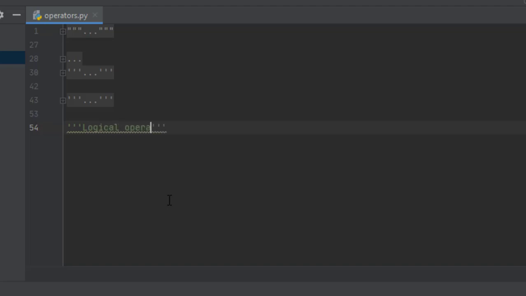Logical operator. So what is a logical operator? What all logics do we have? If A and B are equal, then it is equal. Here AND is an operator. So what is it? AND means if A is true and B is true, then it is true, or else it is false. You got that point?